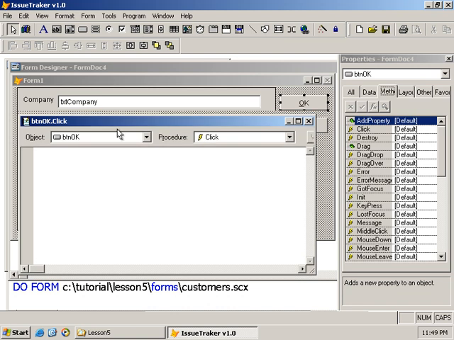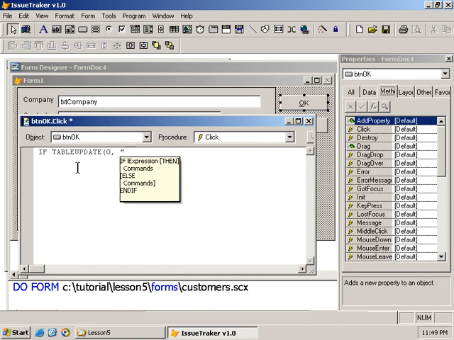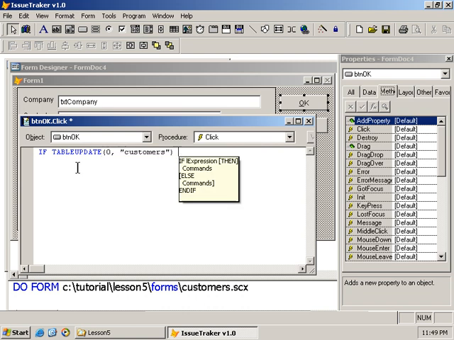So to save, we simply say if TableUpdate, and again we will be using not row buffering, but table buffering, and we'll say the current record, the current row, which is 0, and we won't need to specify the alias because we only have the one alias open. But let's do it just for completeness. Customers. And if that fails, then